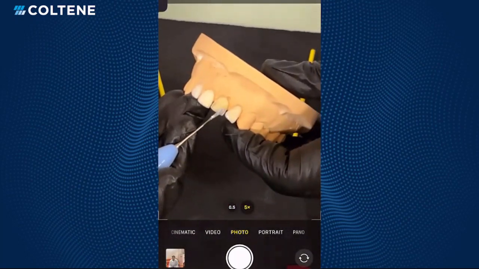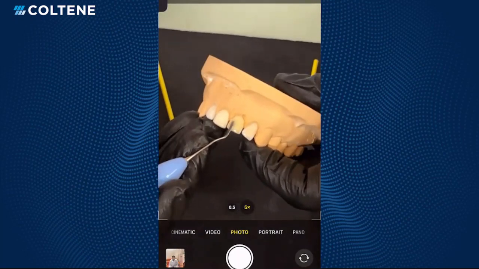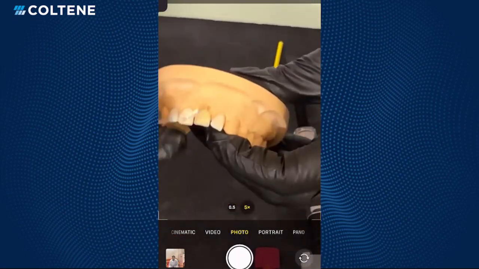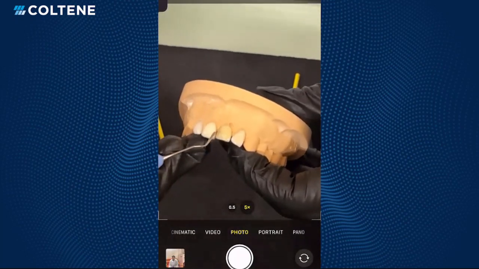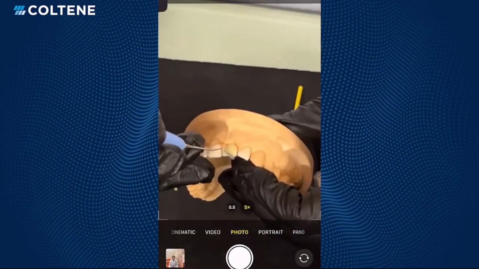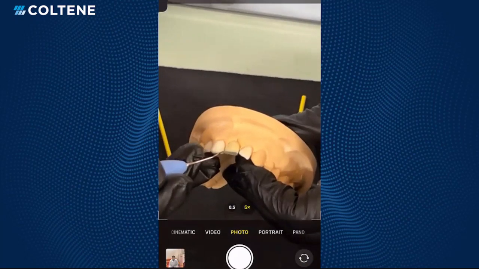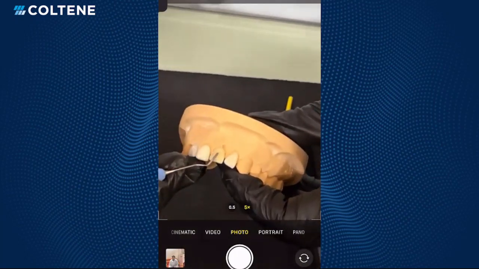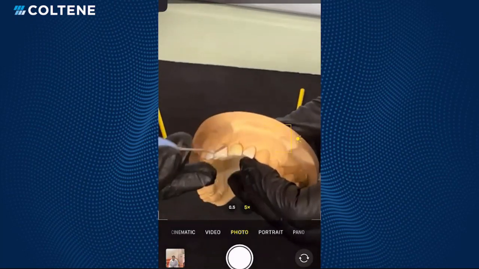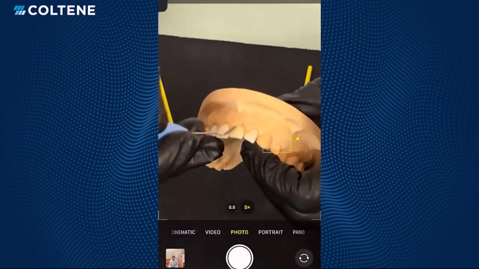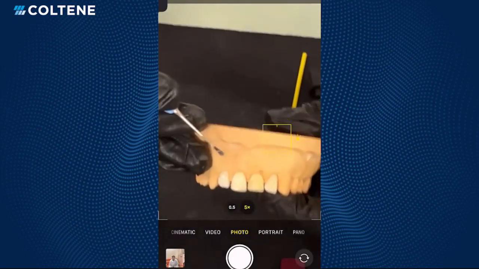And always make sure that your increments are not excessively thick. Otherwise, what happens is we lose the effect of the top layer, because that top layer will get removed from the tooth because of polishing. I cannot make one tooth fat and one tooth thin. It has to be the same size. You have to be careful that your increments are